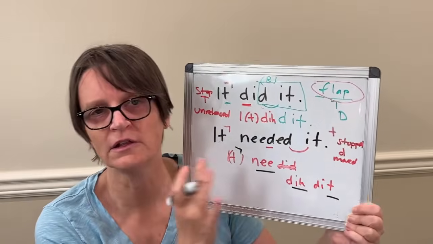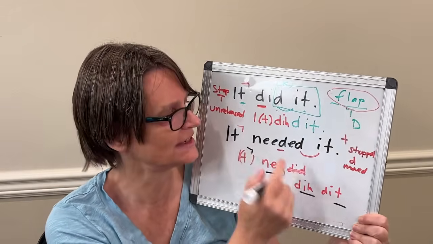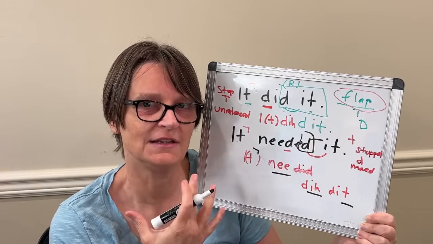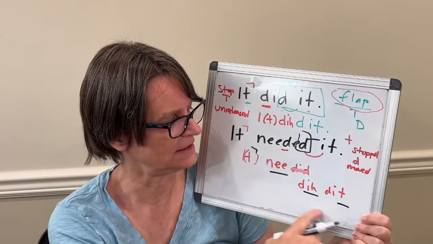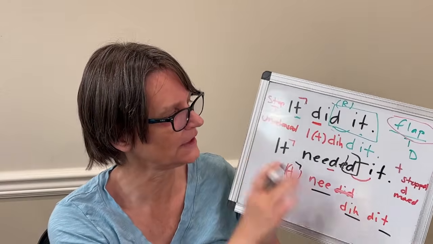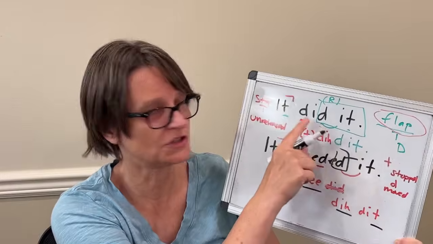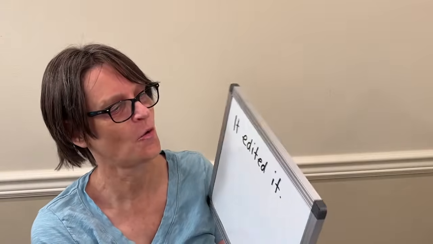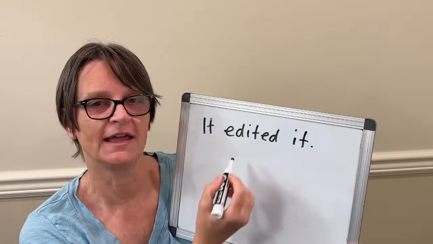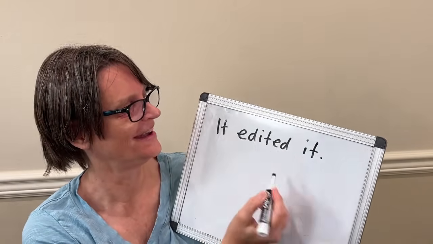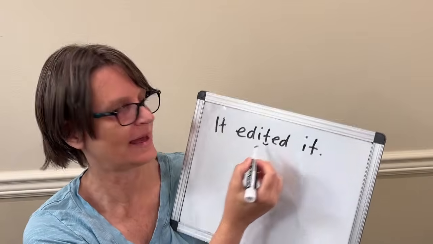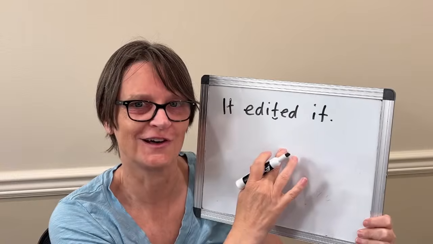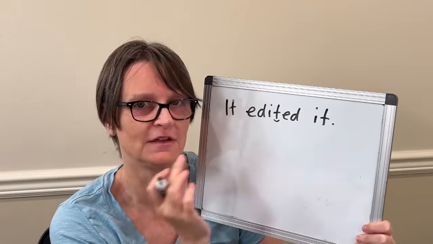So there are little syllables within it, but the sounds, again, this D jumped on to the last syllable. It's not really needed it, but rather did it, needed it. It needed it. So these are two examples with just the D or with a D from a past tense. And then when I have a word like edited, edited, I have my flap T within the word. So this really functions with my voice on for all three of these, and they all end up being flaps